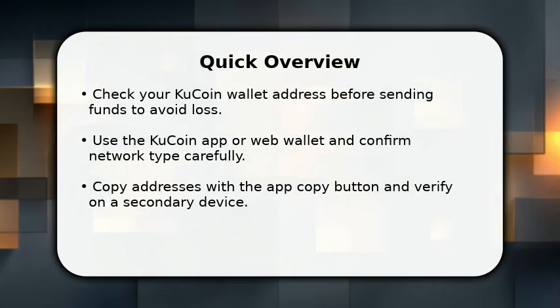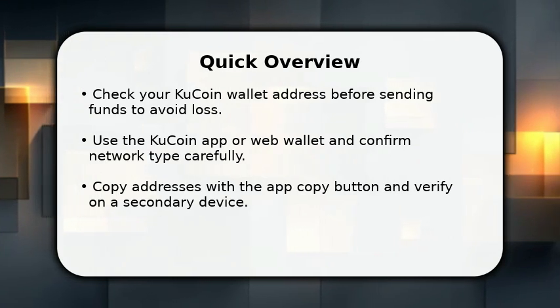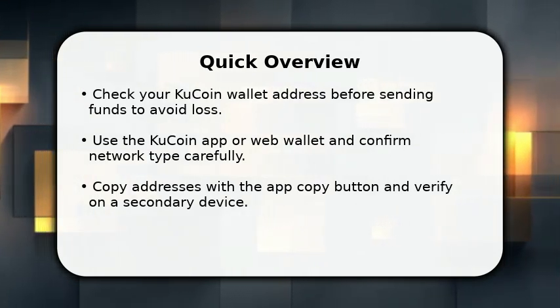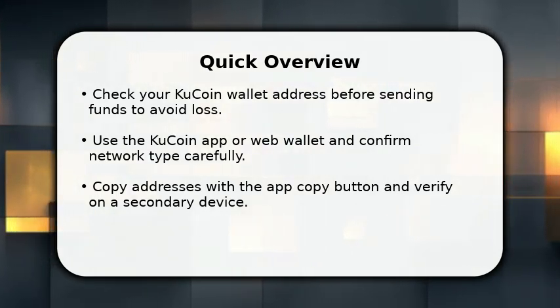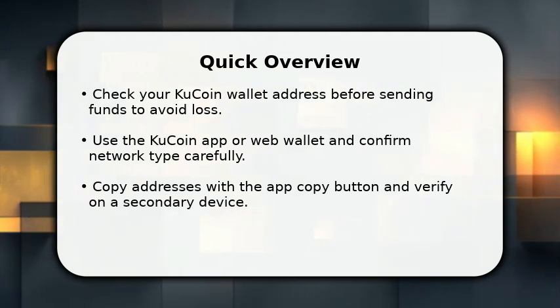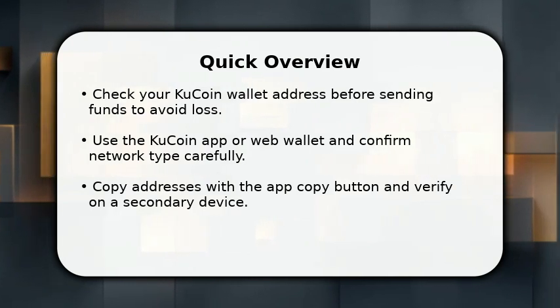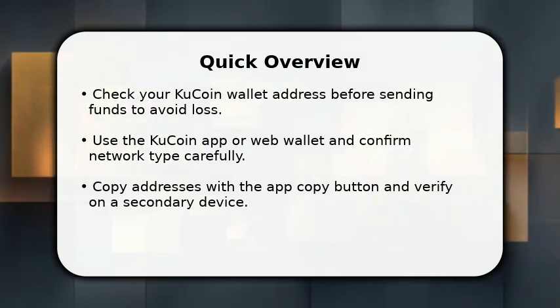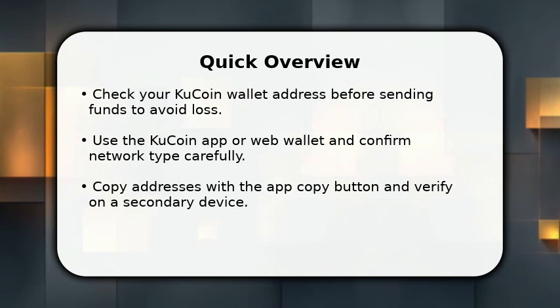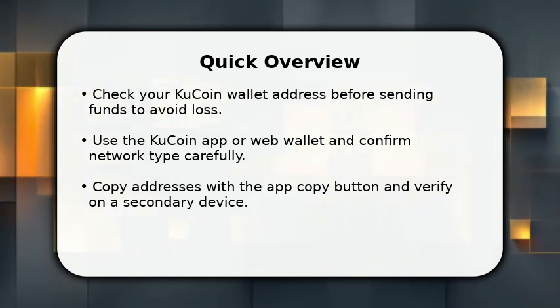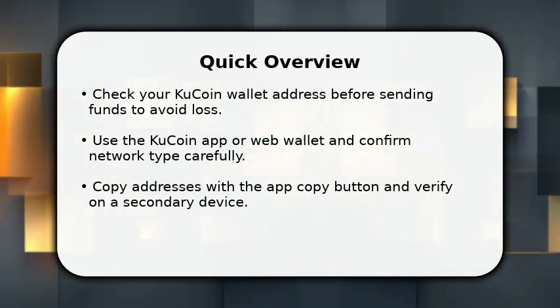In this video, I will show how to check KuCoin wallet address. Open the KuCoin app or website, sign in, and go to Wallet, then Deposit to view addresses. Pick the correct asset and network, then use the copy button rather than typing the address. Always verify the first and last 6 characters on a second device or with a trusted contact to prevent mistakes